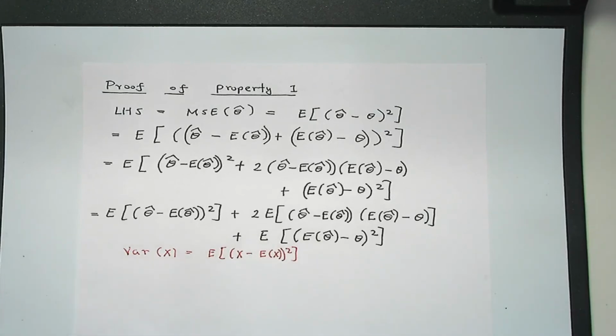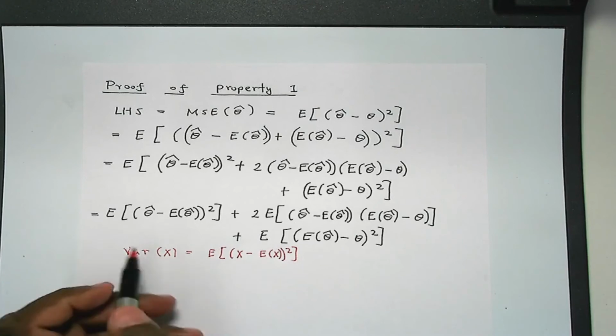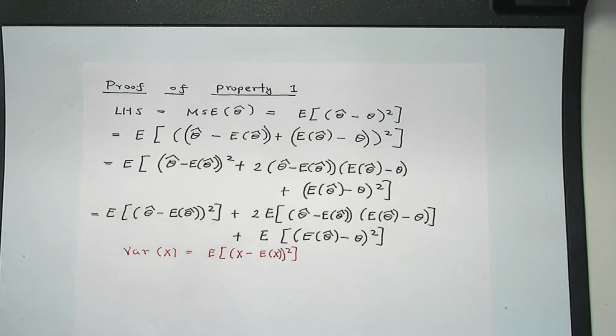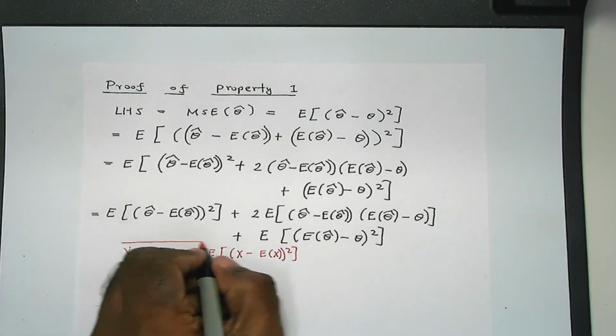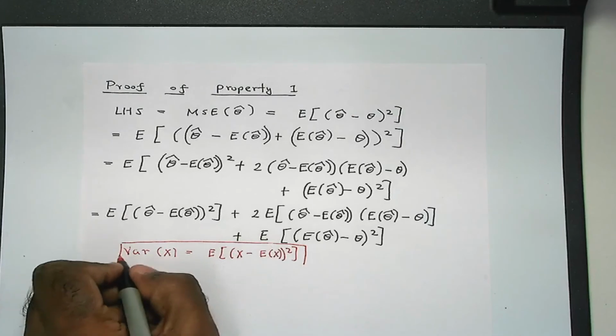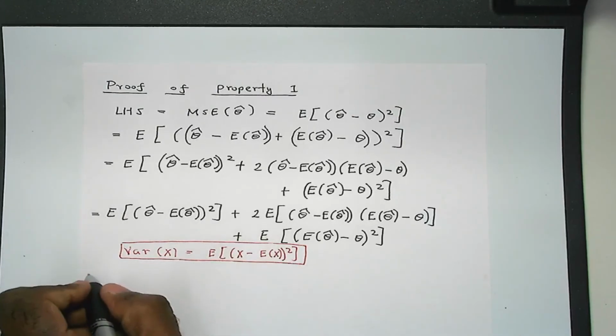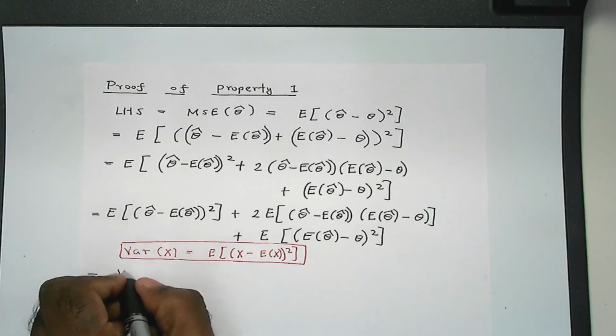So using this fact it is immediate that this has to be the variance of theta hat. So let me put this in a box. This becomes equal to the variance of theta hat,